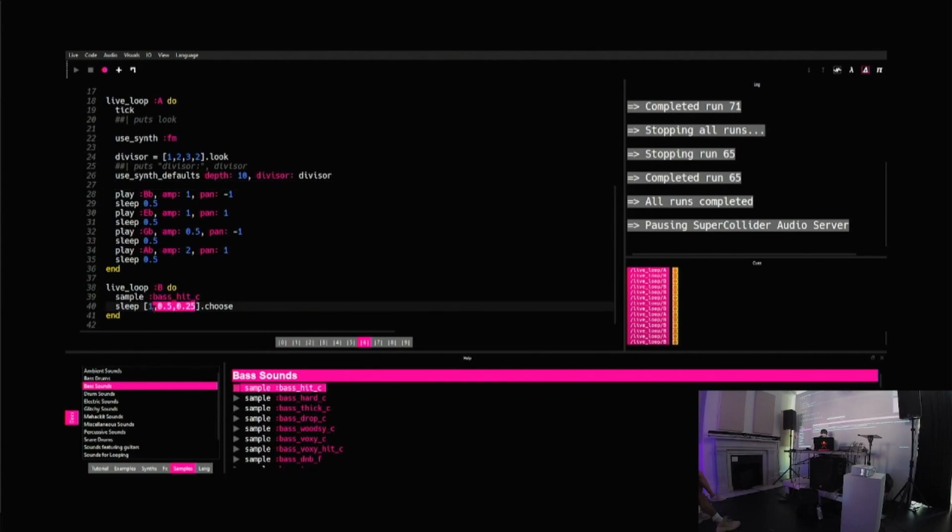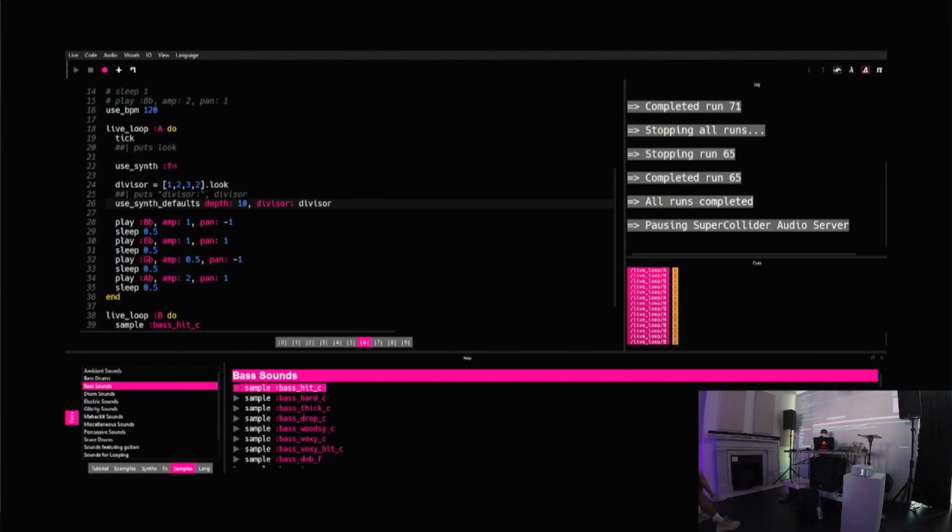So let's say we bring this to 2. Let's say I wanted to edit something happening in this loop, in this A loop. It takes 2 seconds, or two beats, for the live loop A to finish running until it gets re-executed. So any changes that you make within that time period won't be reflected, but it'll be reflected on the next iteration of the live loop. So if I run it,